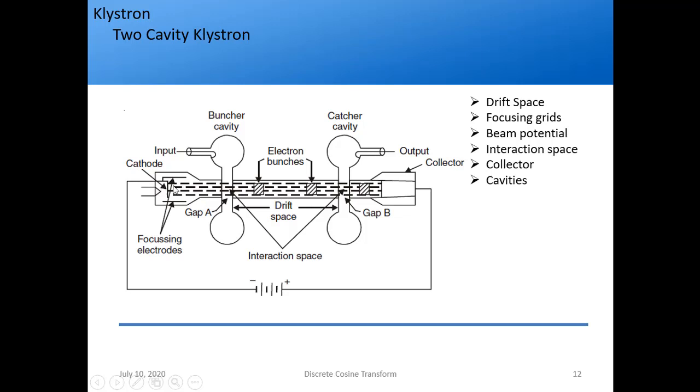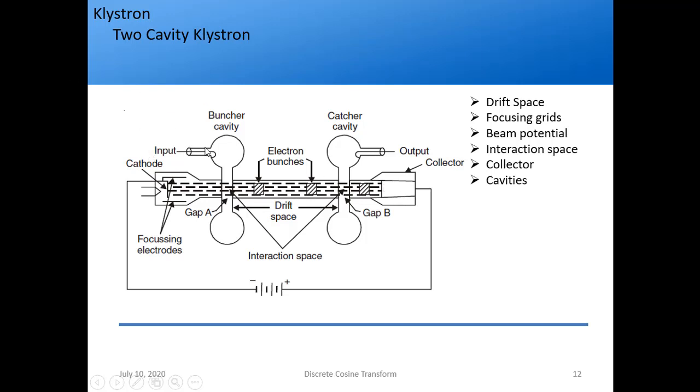The electron gun will start bombarding electrons, right? And they are negatively charged. Since they see a positive charge here and they have focusing electrodes here, they will travel with a velocity corresponding to the DC source or the beam potential, and they will travel to the right, right? So this is the electron beam traveling towards right, correct? So what will happen further?